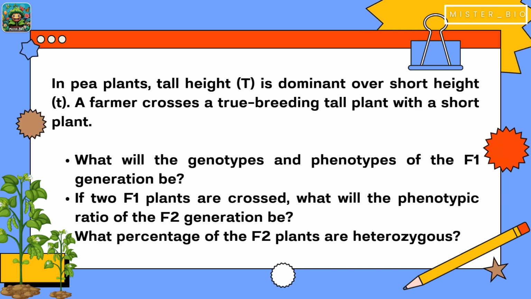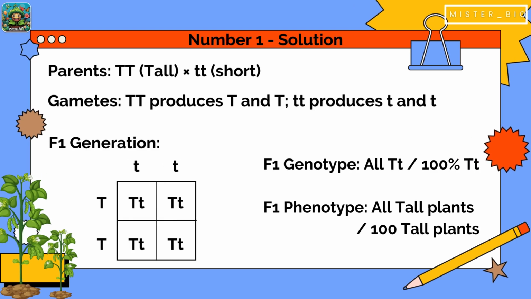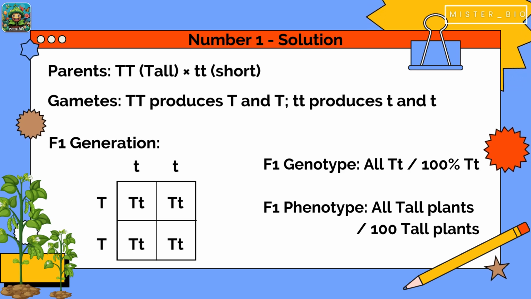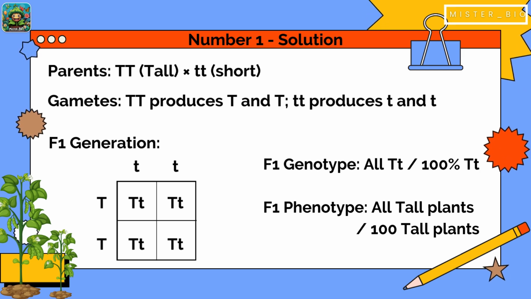So, are you ready? Let's go. The P generation is crossed between the true breeding tall plant, represented by two uppercase T, and a short plant, represented by two lowercase t. So the tall plant produces only uppercase T gametes, while the short plant produces only lowercase t gametes. When we combine this,